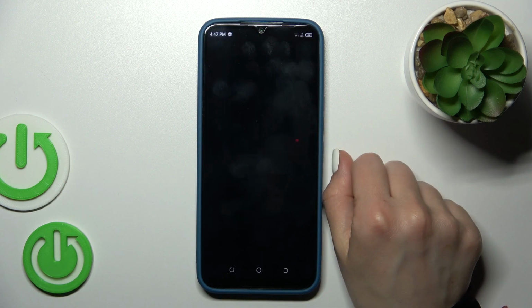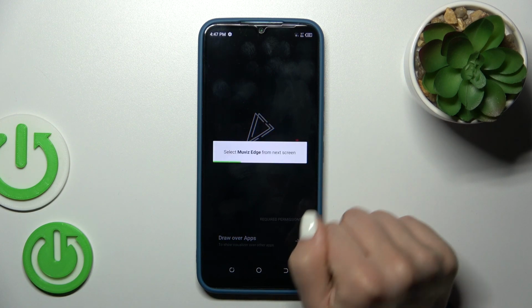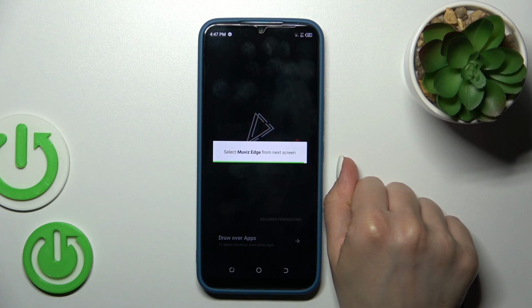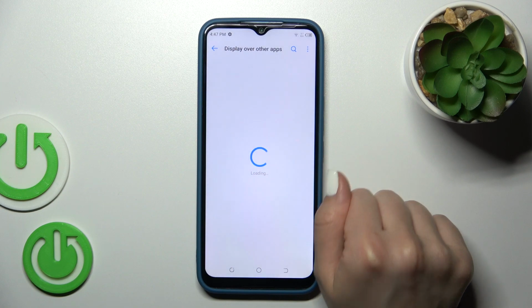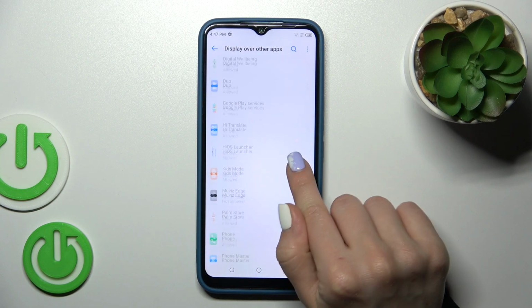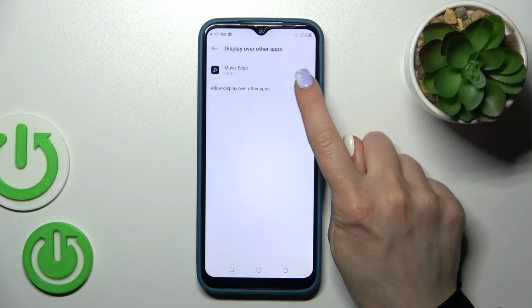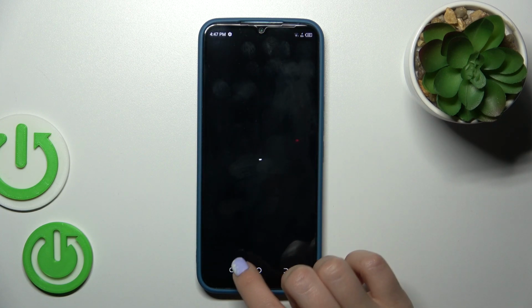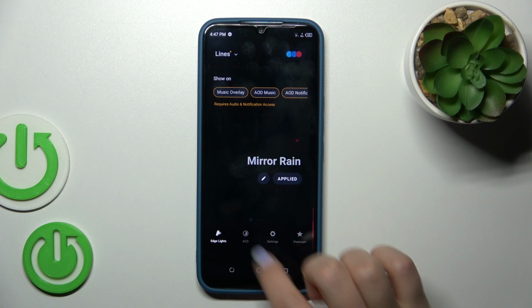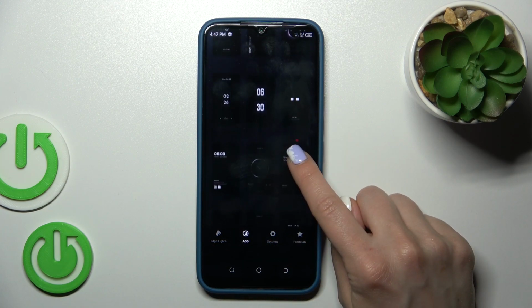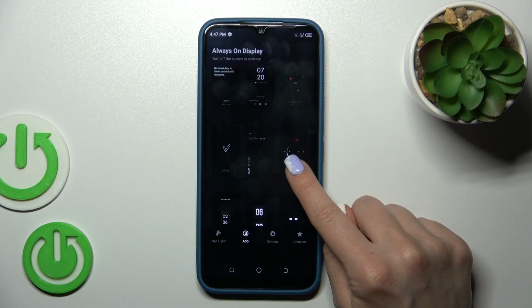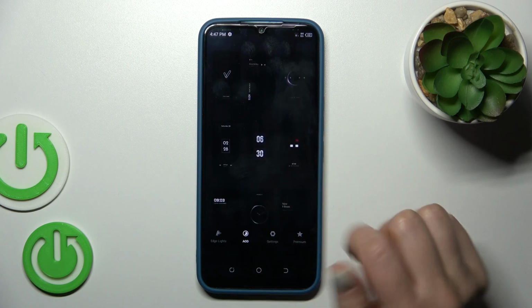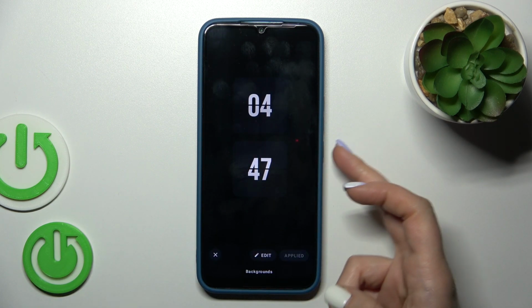After that, just tap to open the app, click draw over apps, and now just find the Muviz Edge application here, tap on the switcher, go back and switch Edge lights to AOD. Select one from these available tabs, for example let's use this one, click to apply and now let's just